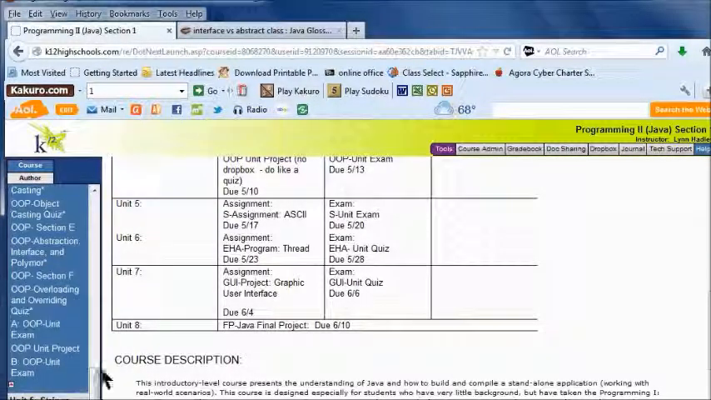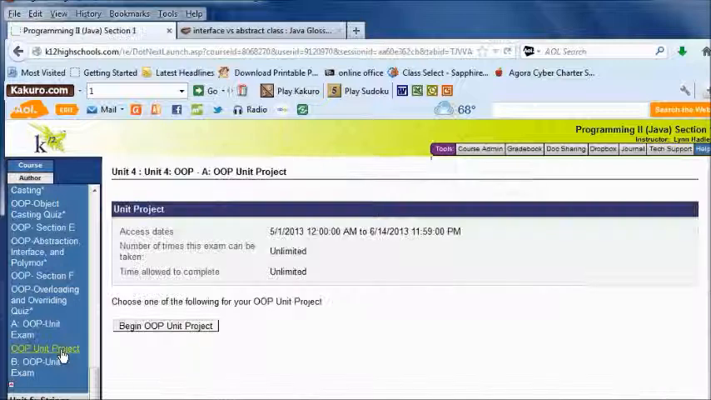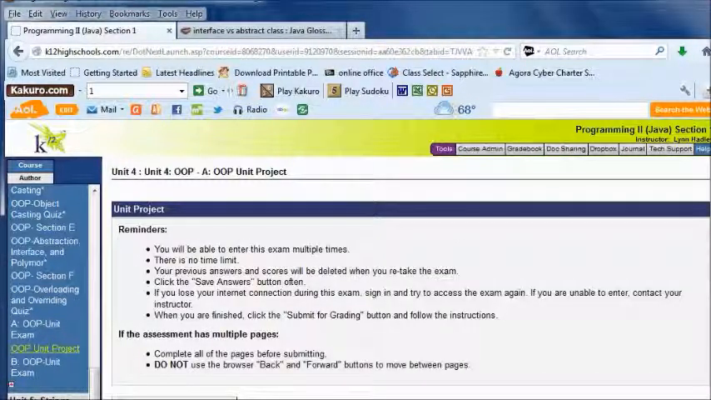you'll see the Object-Oriented Program project, and you open it up. It opens up like a quiz, but it's not a quiz. See, you have unlimited time to complete it, but you must remember to save it before you leave out of that location. So when you open the project,